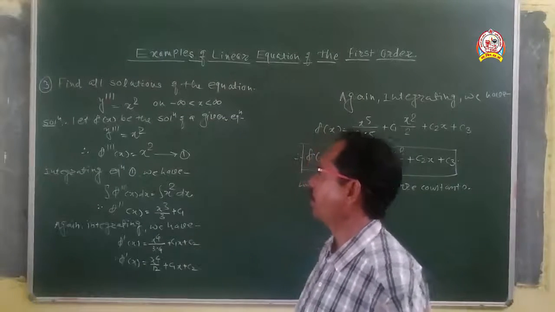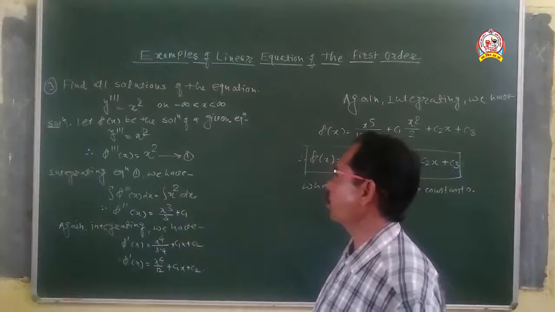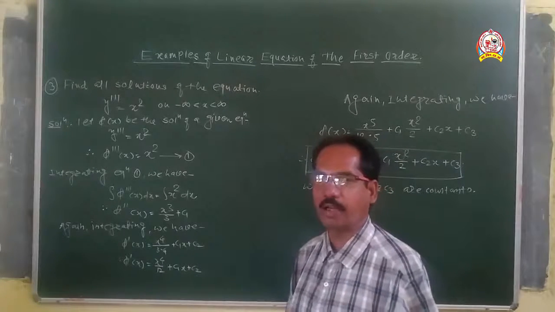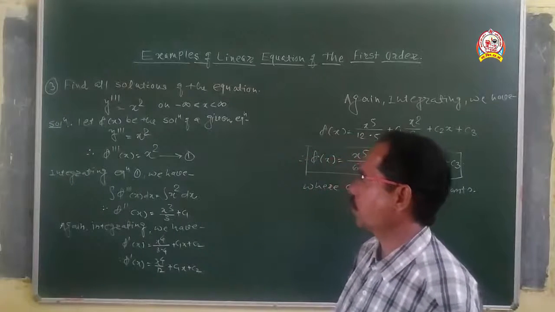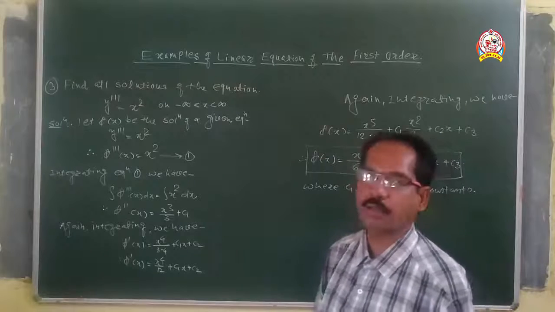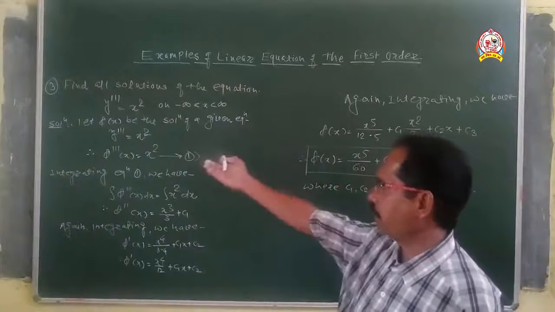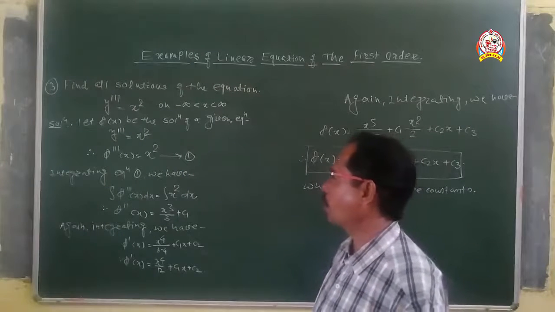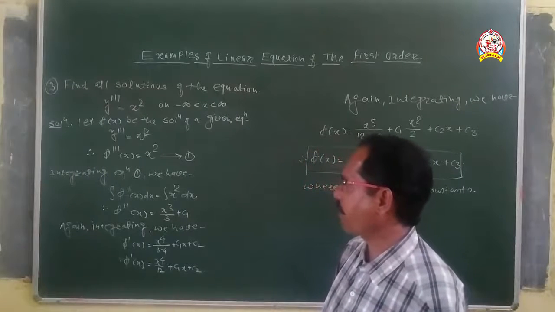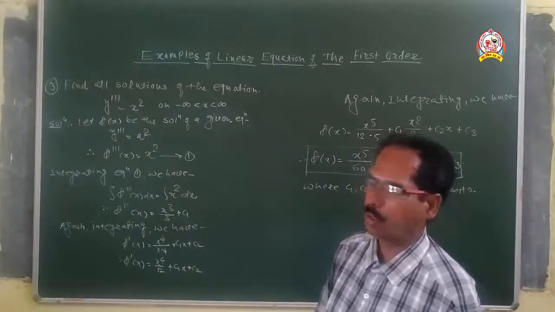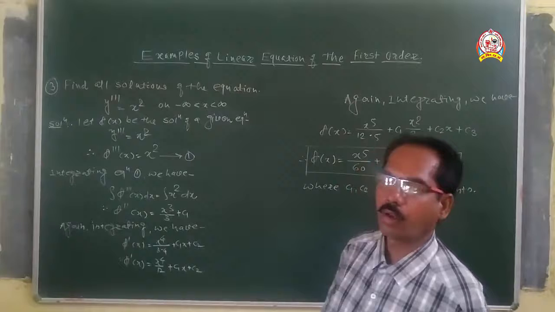Now example 3. Find all solutions of the equation y''' = x^2, on minus infinity < x < infinity. So, solution. Let phi of x be the solution of the given differential equation. The given differential equation is y''' = x^2. Therefore, phi'''(x) = x^2. Call this equation 1. Now, integrating equation 1, we have